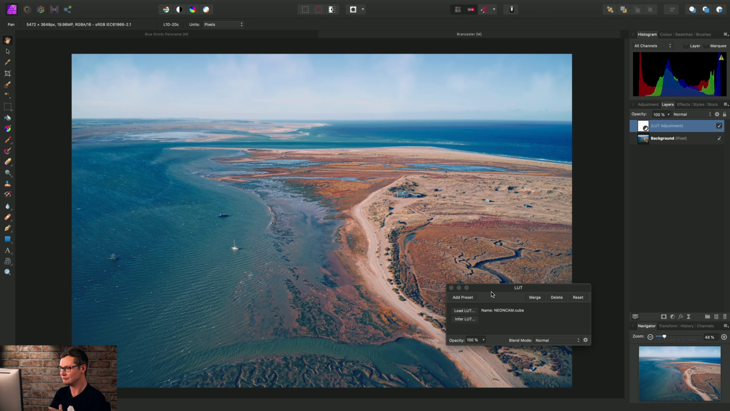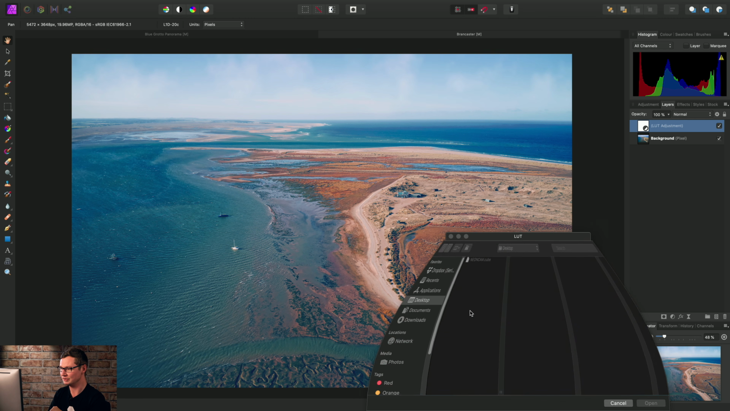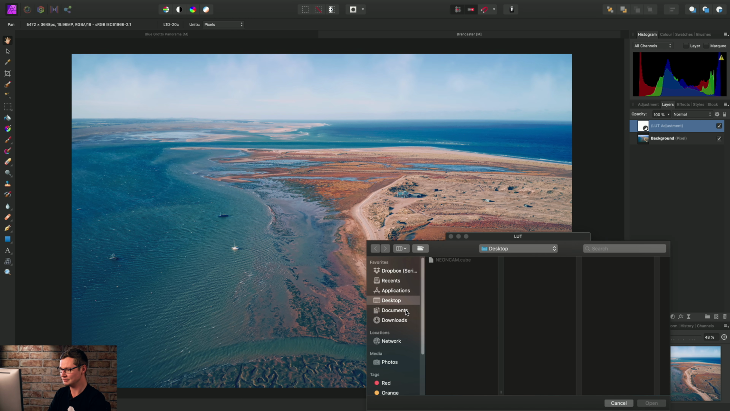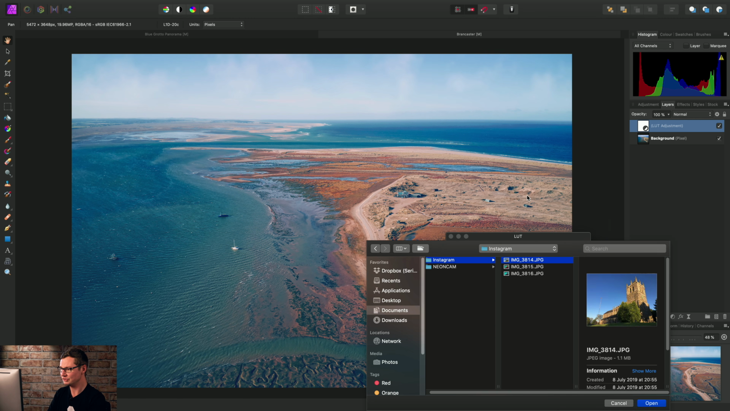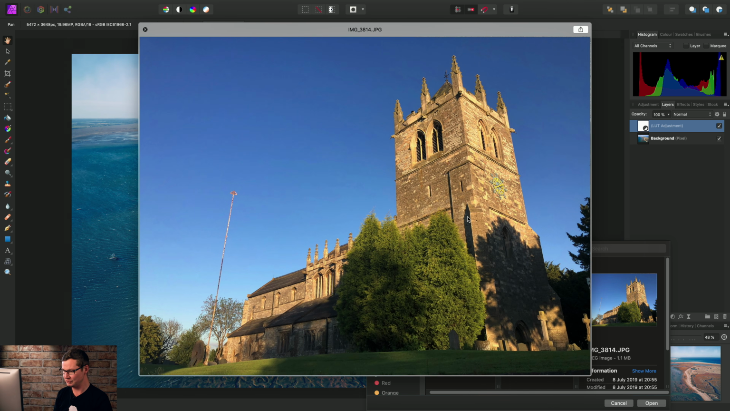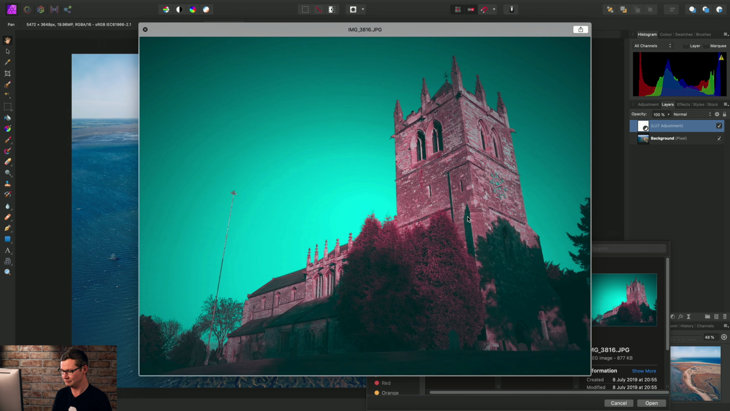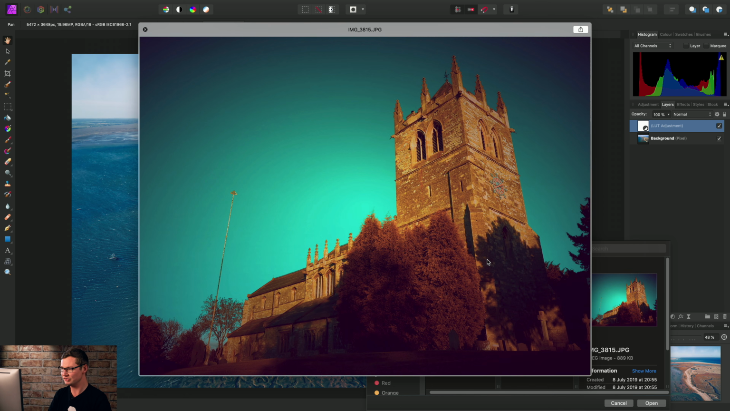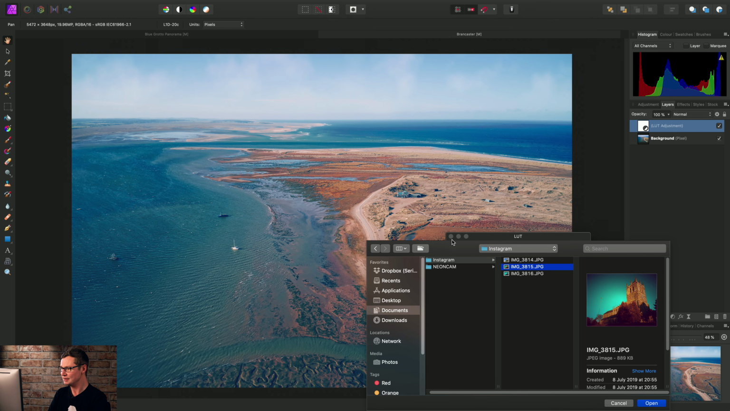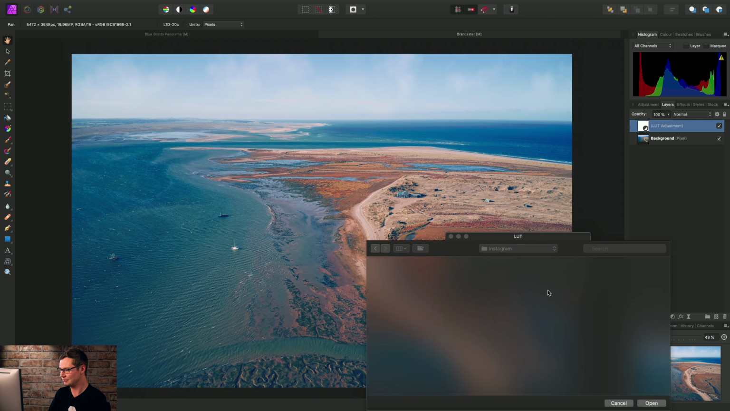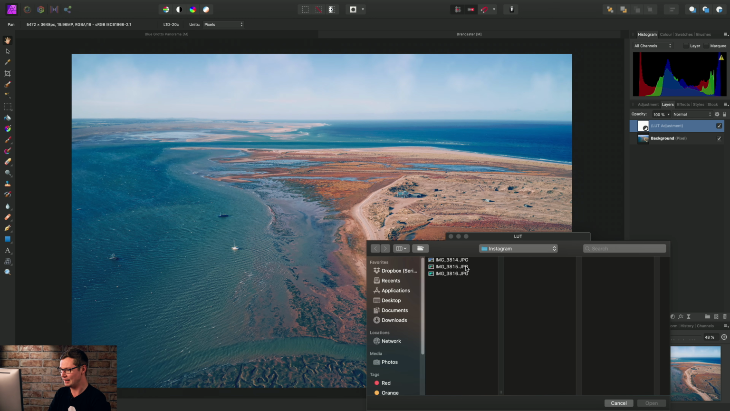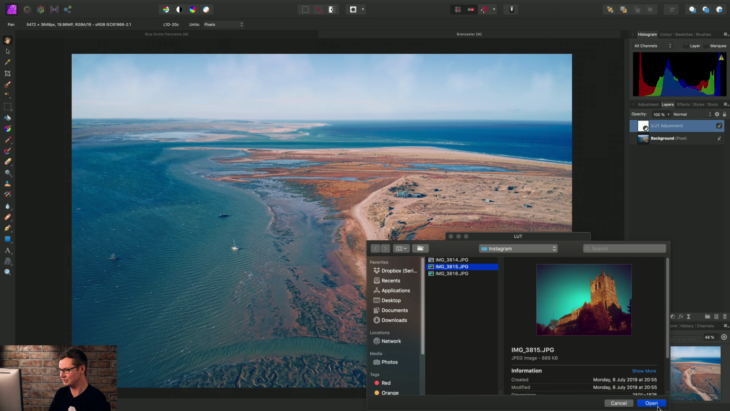And while we're here, let's just infer a LUT instead using, this time, something saved from Instagram. So here is my original image, and then I've got these two versions which I've saved out as well. Let's try and emulate this warmer looking tone here. So once again, I'll just pick the original image, click Open, and then I'll pick this processed version and click